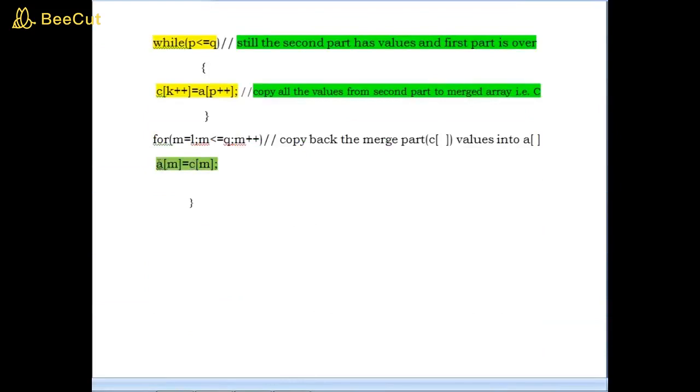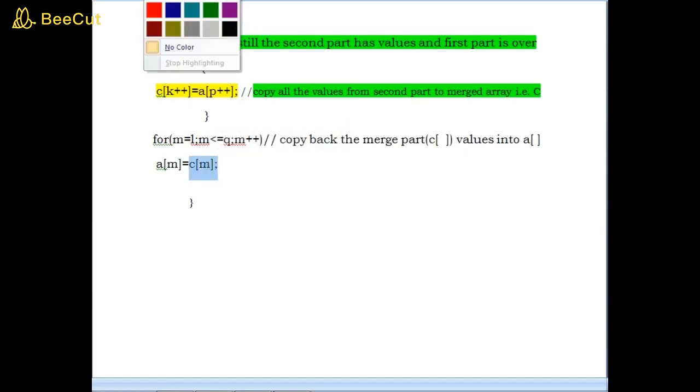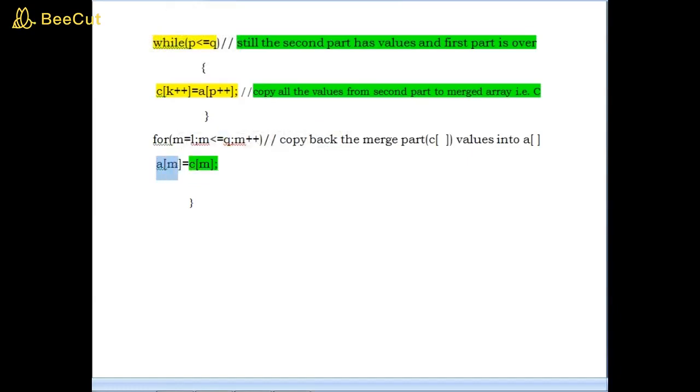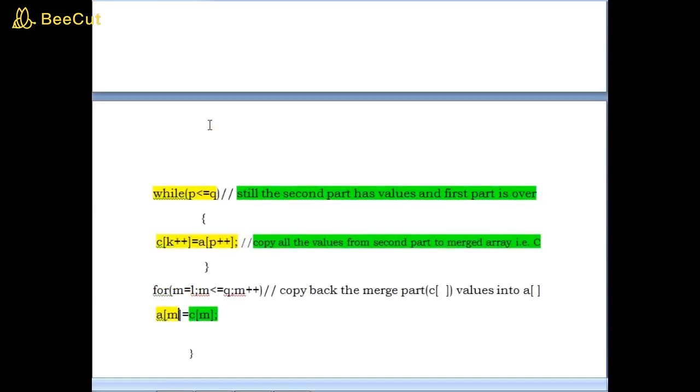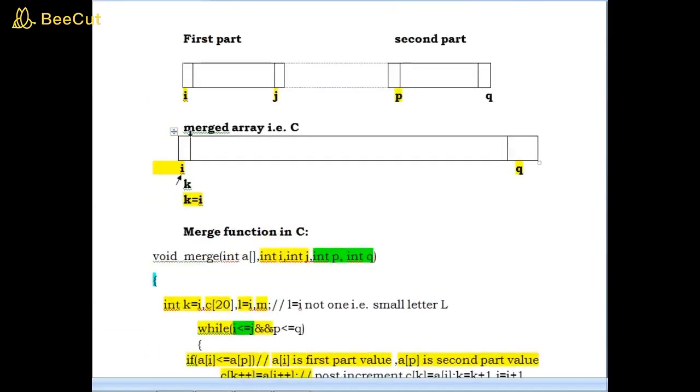That's why a of m equals c of m, meaning I am copying all the values from the merged array into the original array A. What is the starting index value of m? What is the starting index? I. What is the ending index? Q.